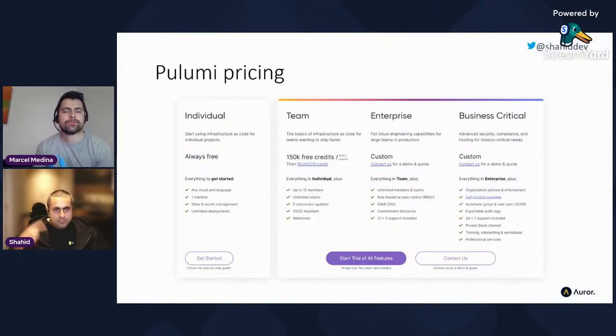Then we move into proper pricing. They changed their pricing, probably more than a year ago now, but time is a weird concept since the pandemic. But essentially, what you have now in the team tier is this concept of credits. So you essentially pay for the resources that are managed by Pulumi.